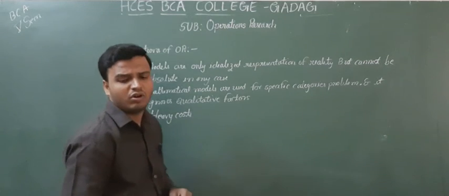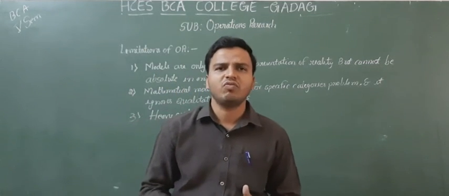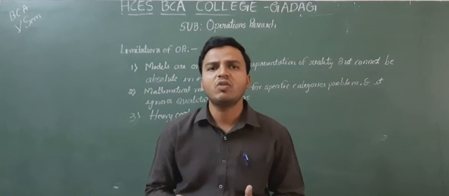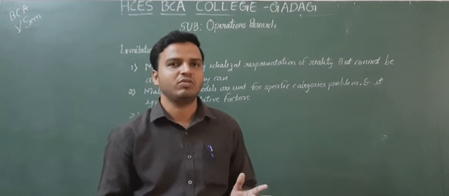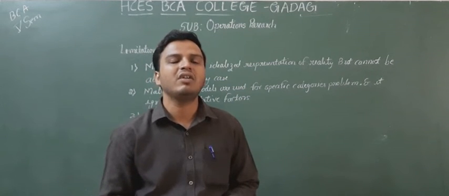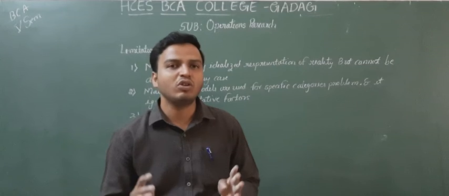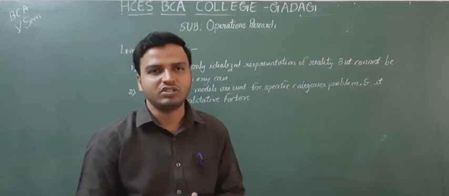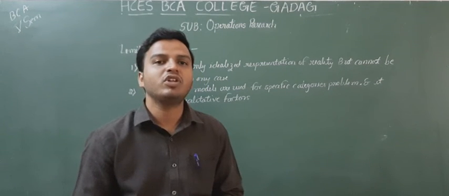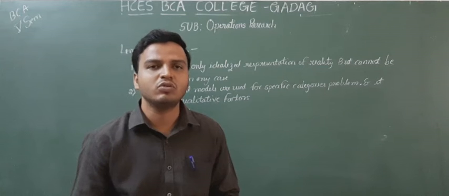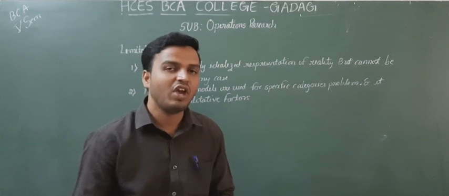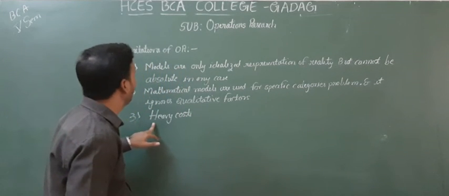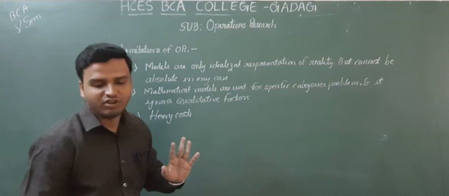So in operation research, while solving any particular problem, we require some huge calculation. It cannot be handled by any man. He cannot use his brain and calculate all those things. That's why he needs computers. For those computers we have to pay a certain amount. So it requires heavy costs. We have to invest more. So this is the third demerit of operation research.